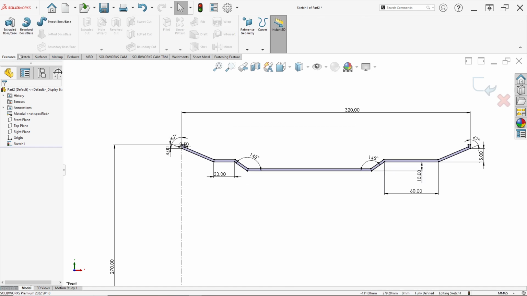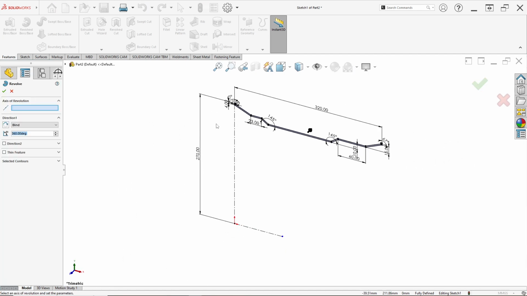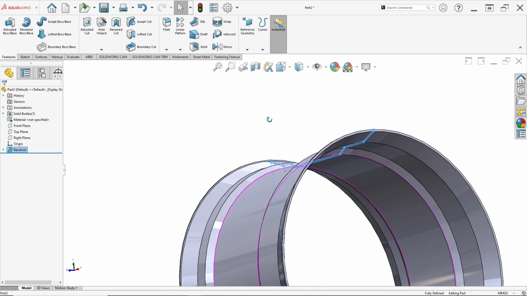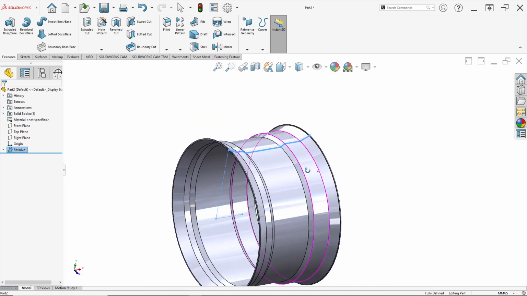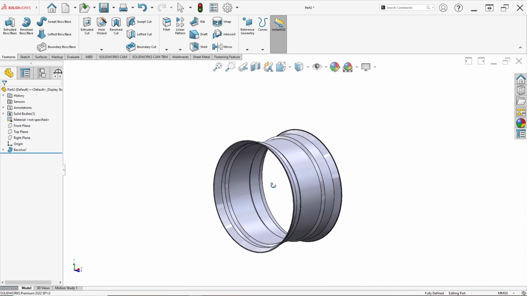Then click feature and click revolve boss. For axis of revolution, click this center line. Just click OK. It's simple like this. So